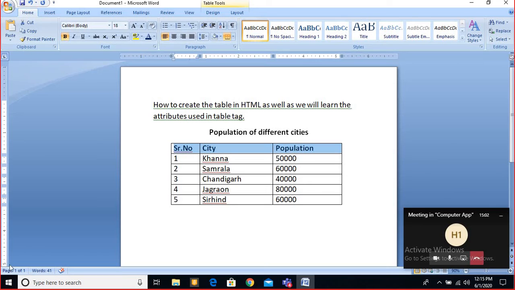It depends upon your choice whether you make it bold or not, but I'm making it bold. Then the rest of the data is in the same default size.